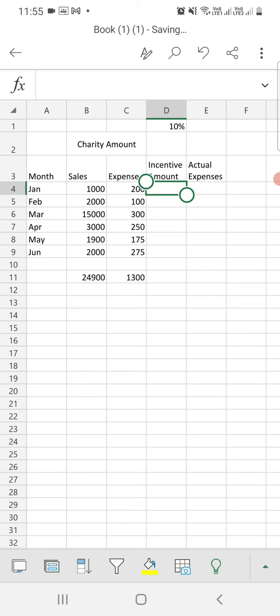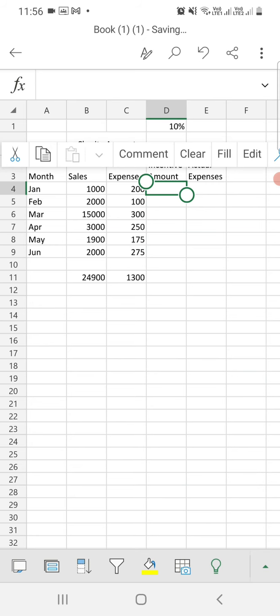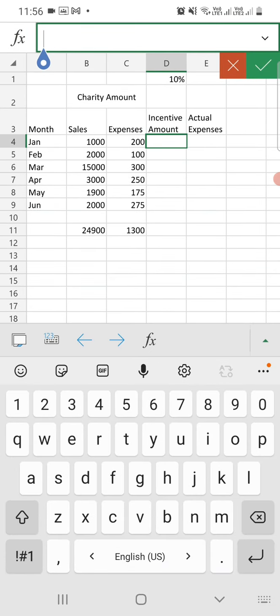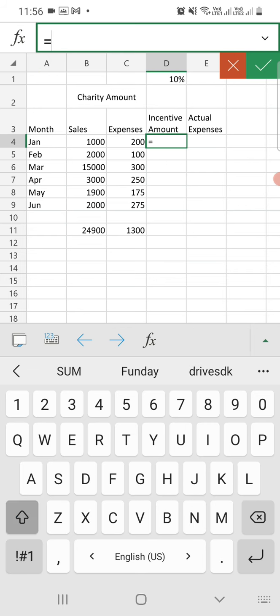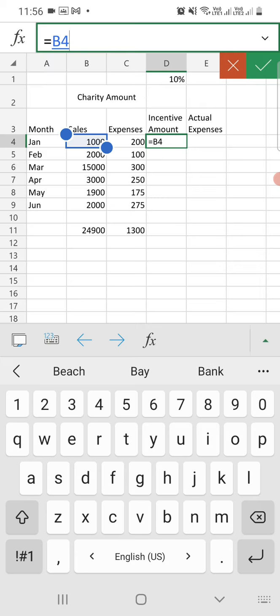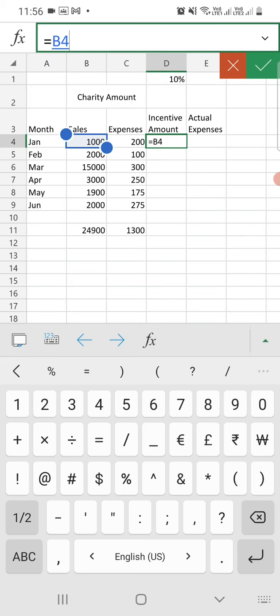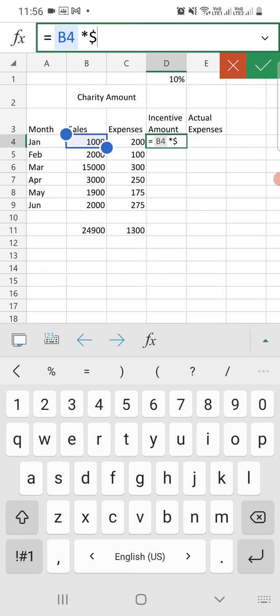When you write the formula, you just need to write equal to B4 into $D$1 in that particular cell. Choose that particular cell, that is D4, and write the formula equal to B4 multiplied with that particular cell, that is $D$1.